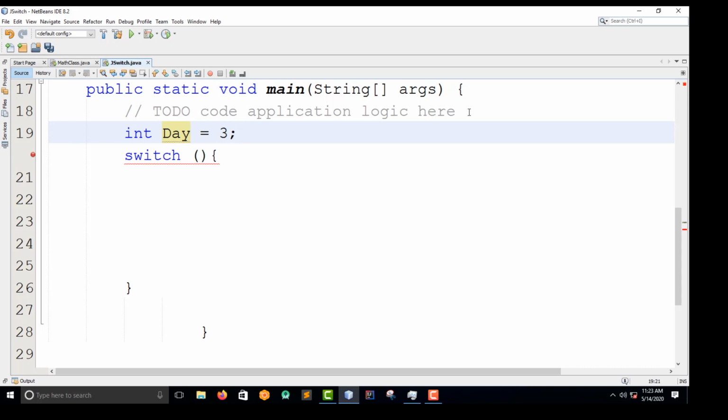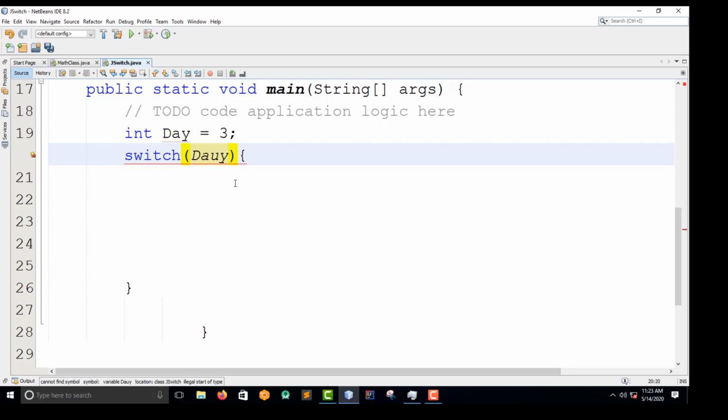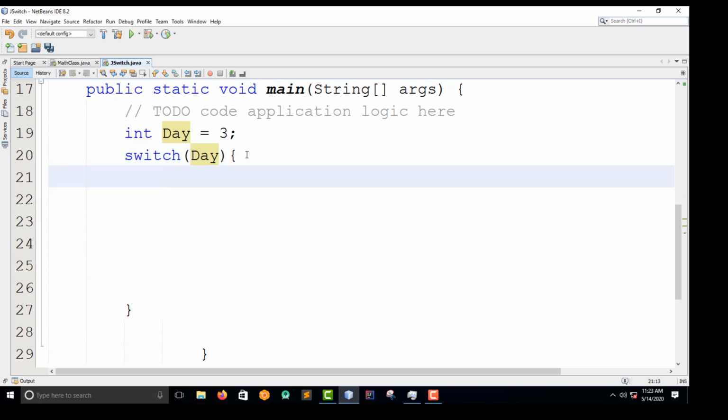Cool. So down here you see my switch. Then I'm going to say, I've declared this as the expression now. I'm going to say day, then in the curly braces, the first case I want to have inside here is case 1. Let's say day 1. If it's day 1, day 1 is the first day.